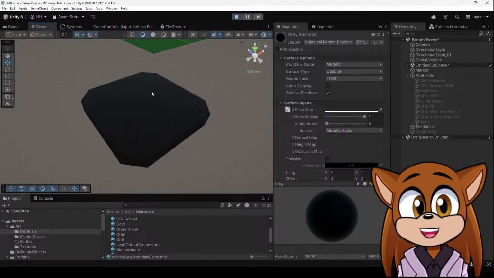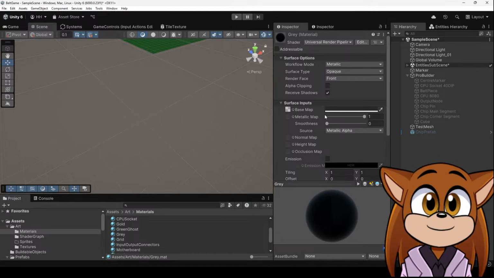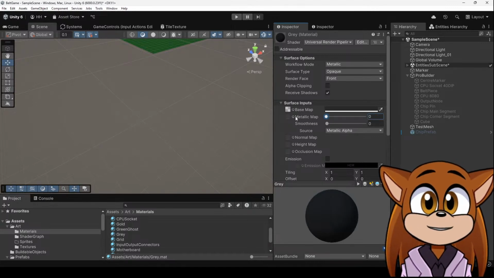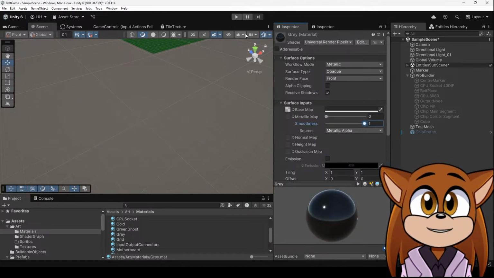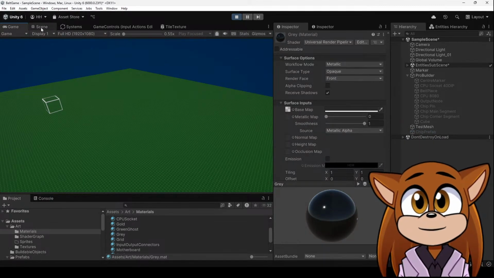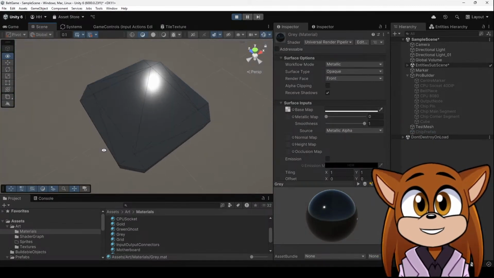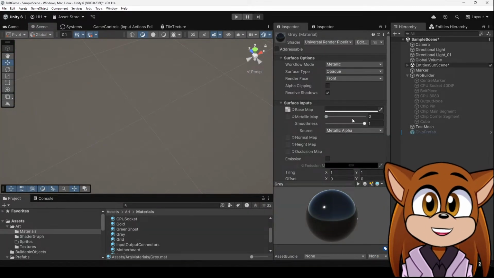Okay, so that's become super shiny. It's not what I want. I don't want you to be super shiny. I want you to be. Well, actually, that makes you super shiny, doesn't it? Yeah, we don't want that. We don't want super shiny. We want